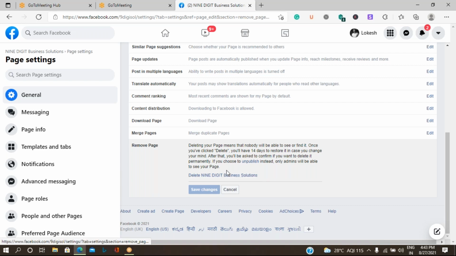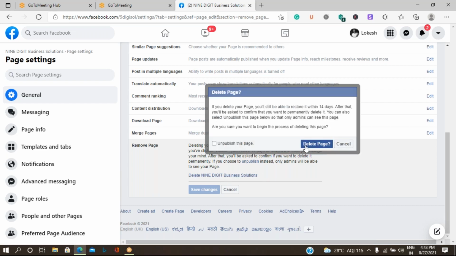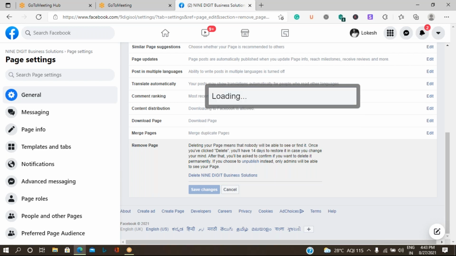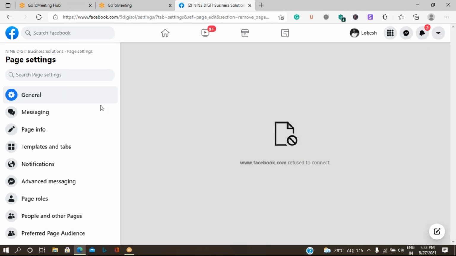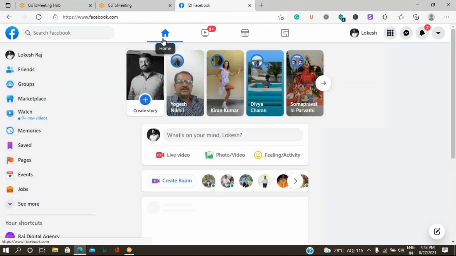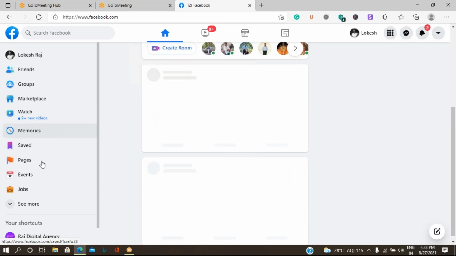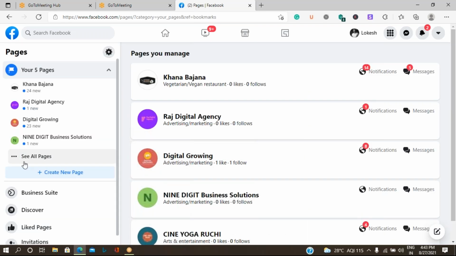Let me click on delete the business page, and I'll click on delete the page. Now I can come back to the home page, select the business page, and go to Pages.